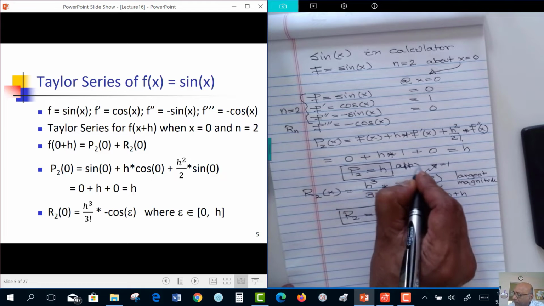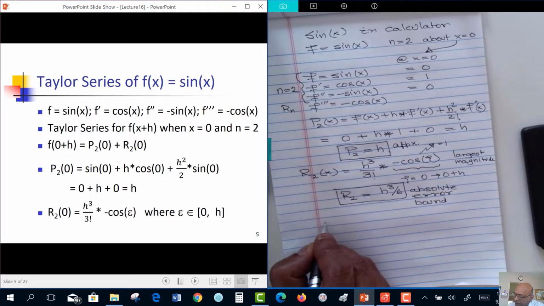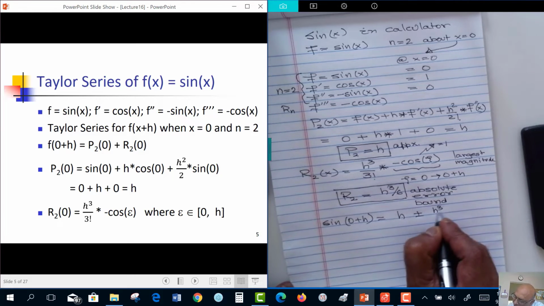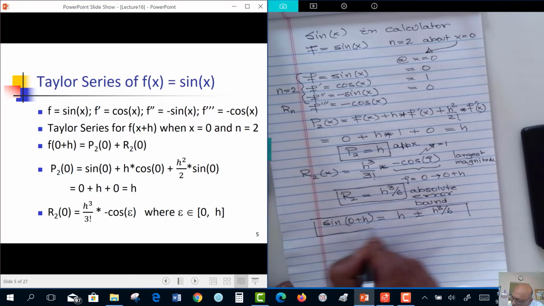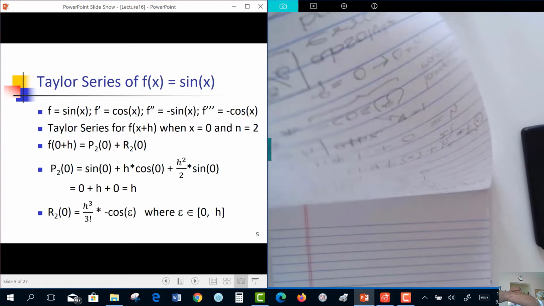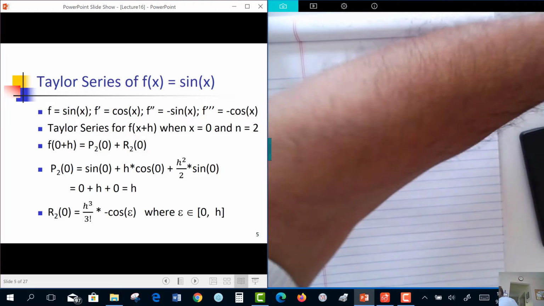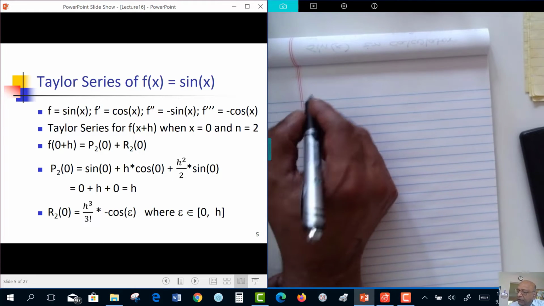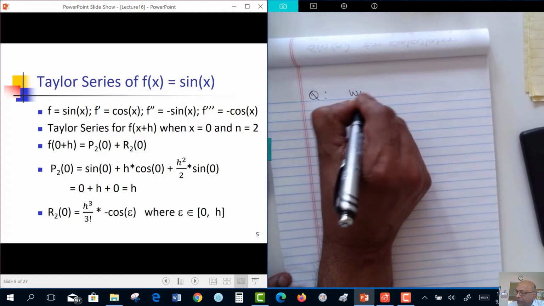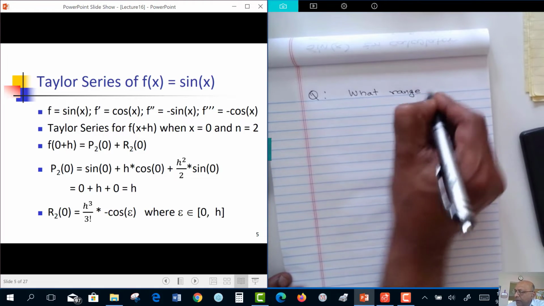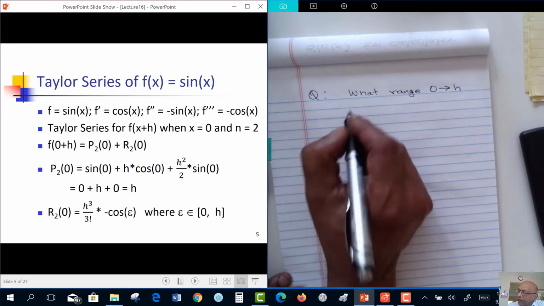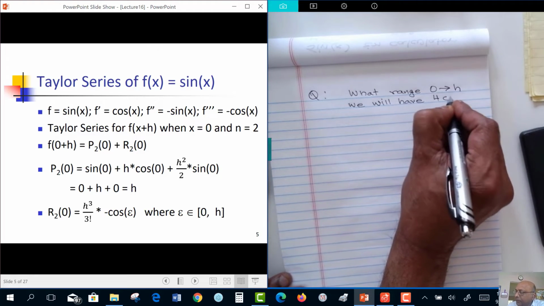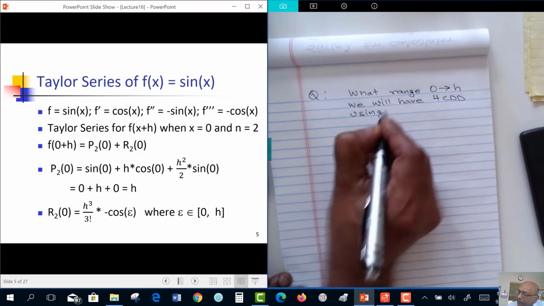So this is our approximation, and this is our absolute error bound. So what we are saying is sine at 0 plus h is approximately h plus minus h cubed over 6. So the question to ask is, what range 0 to h will we have 4 correct decimal digits using our P2 approximation,